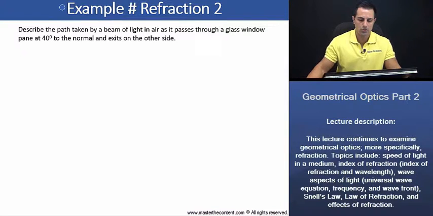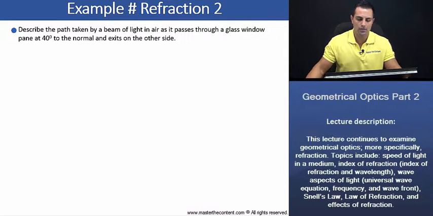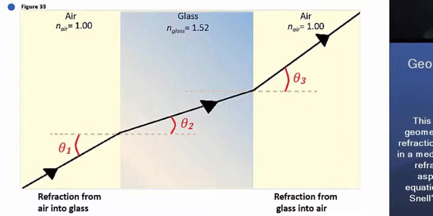Example refraction 2. Describe the path taken by a beam of light in air as it passes through a glass window pane at 40 degrees to the normal and exits on the other side. For this question, we know that the light is going to change direction twice, and refraction is governed by Snell's law. So we'll take a look at a visual depiction of Snell's law taking place, and we'll proceed from there. If we take a closer look here at figure 33, we see that initially we have an incident ray present in a medium of air where the index of